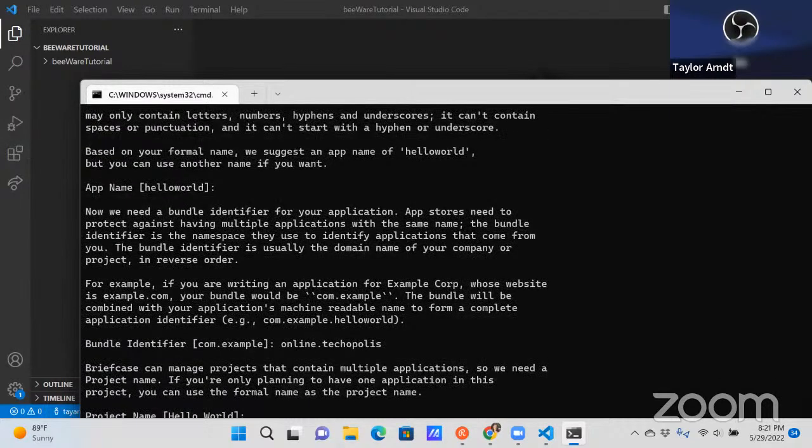Now we need a one-line description for your application. Description [My first application]: All right, I'm going to say a tutorial application created while